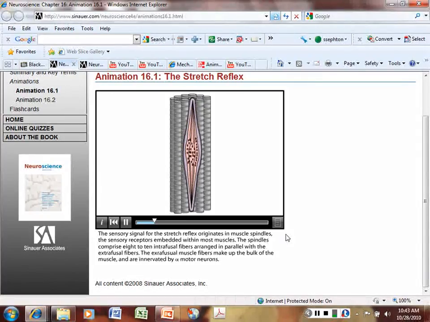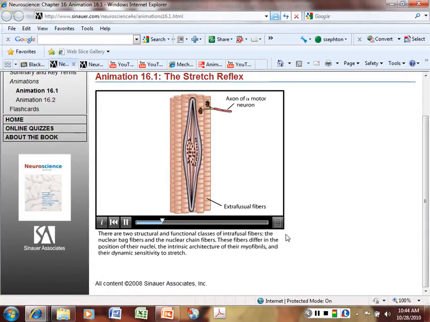The spindles comprise 8 to 10 intrafusal fibers arranged in parallel with the extrafusal fibers. The extrafusal muscle fibers make up the bulk of the muscle and are innervated by alpha motor neurons. There are two structural and functional classes of intrafusal fibers, the nuclear bag fibers and the nuclear chain fibers. These fibers differ in the position of their nuclei, the intrinsic architecture of their myofibrils, and their dynamic sensitivity to